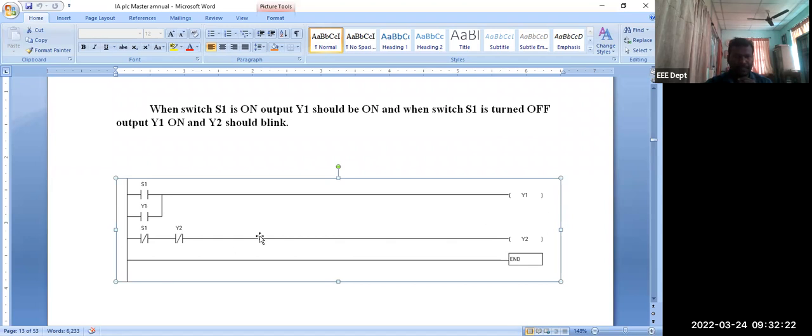Next, when switch S1 is in off condition, even though it is off, Y1 should be on and Y2 should blink. Even though S1 is off, Y1 should be on; that condition is also satisfied. At the same time, even though S1 is off,